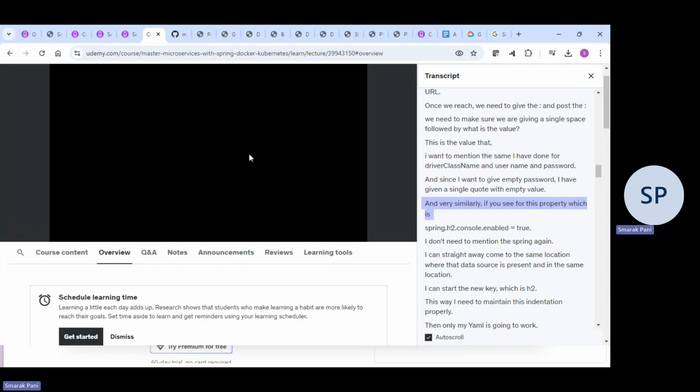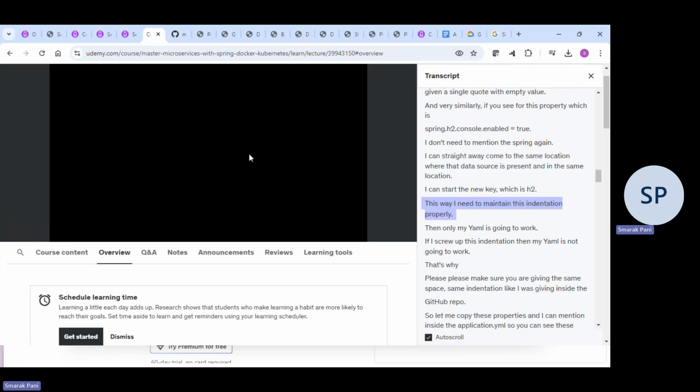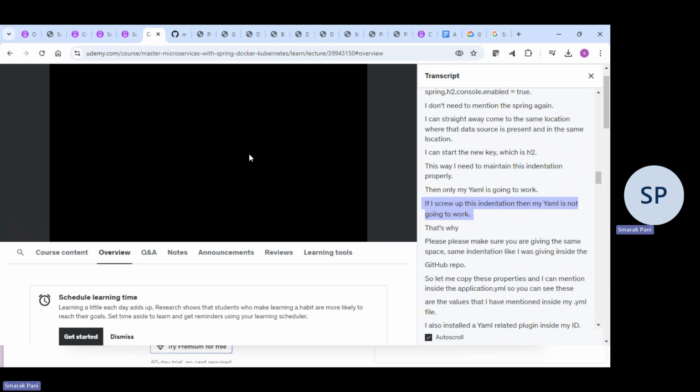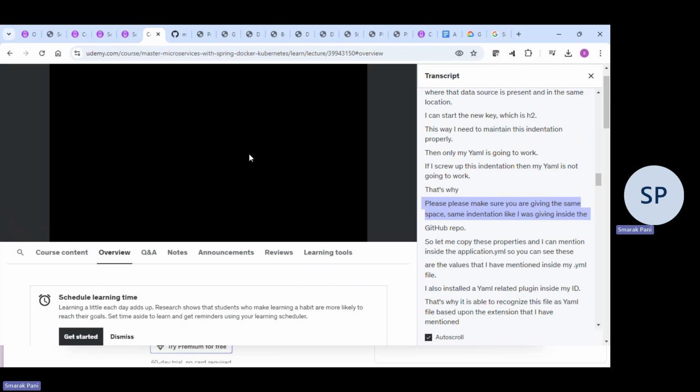And very similarly, for the property spring.h2.console.enabled is equal to true, I don't need to mention spring again. I can straight away come to the same location where the datasource is present, and in the same location, I can start the new key, which is h2. This way, I need to maintain this indentation properly. Then only my YAML is going to work. If I screw up this indentation, then my YAML is not going to work. That's why please make sure you are giving the same space, same indentation like I was giving inside the GitHub